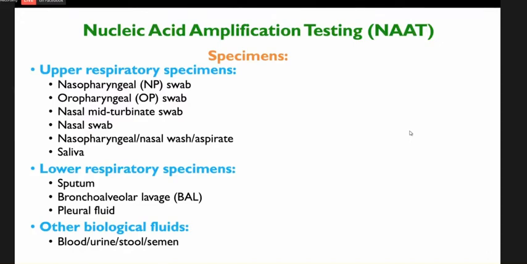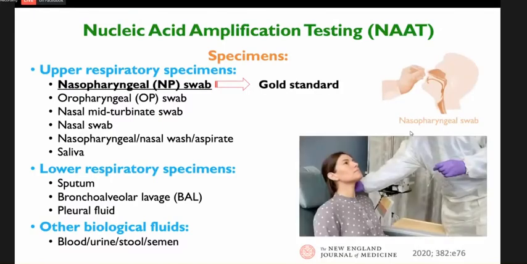The sample can be an upper respiratory tract specimen as well as a lower respiratory tract specimen, for example, sputum or bronchoalveolar lavage. And although the virus can be detected in various biological fluids like blood, urine, and stool, these samples have very limited diagnostic value, but may be helpful to monitor the spread and the prognosis of the disease. The nasopharyngeal swab is considered the gold standard sample for the detection of